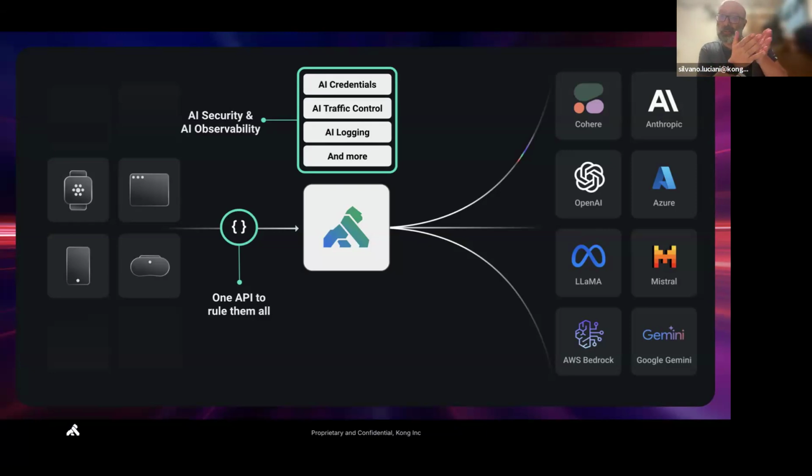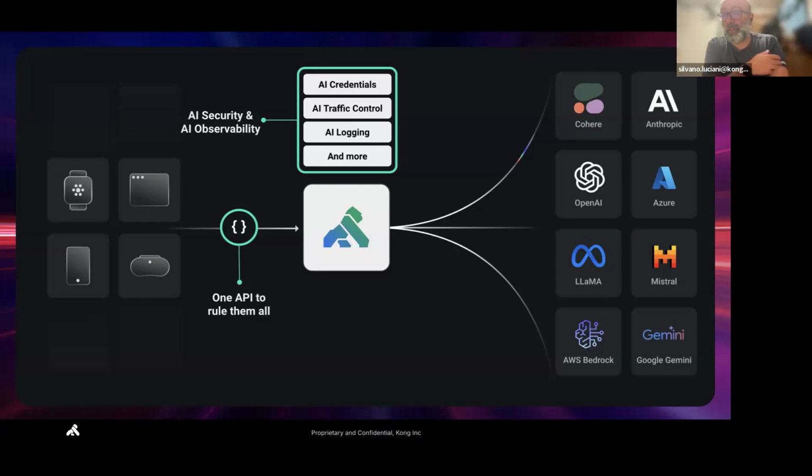But because you go through the proxy, the actual credential to access OpenAI or Cohere or Azure or any of the other providers is in the proxy. And then you give your users credentials to access the proxy.